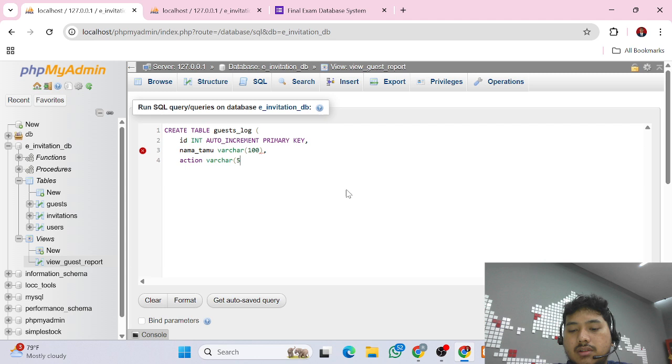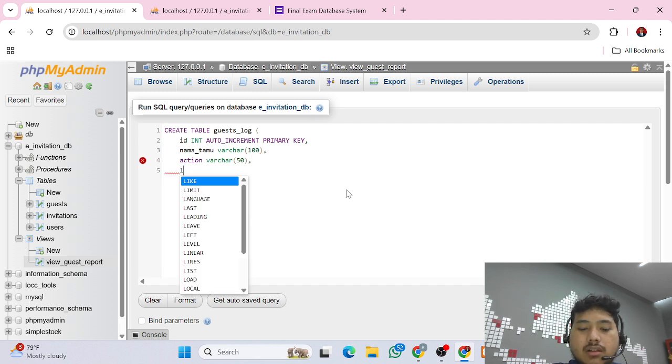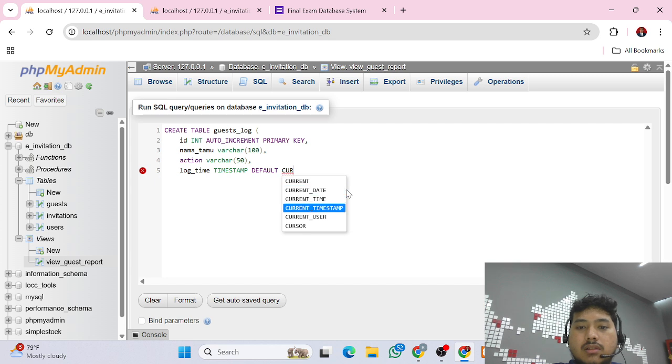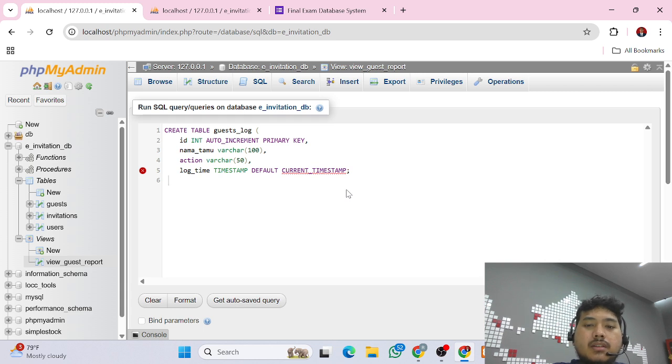No, I think it will be 50. And then log time timestamp default current timestamp, and then we will close.